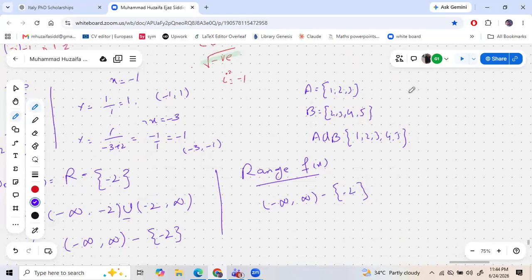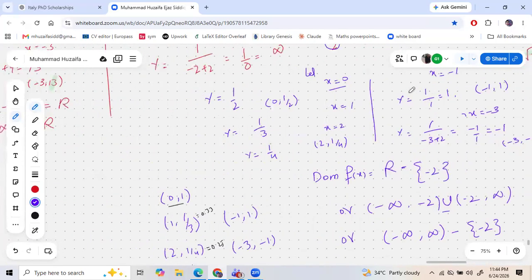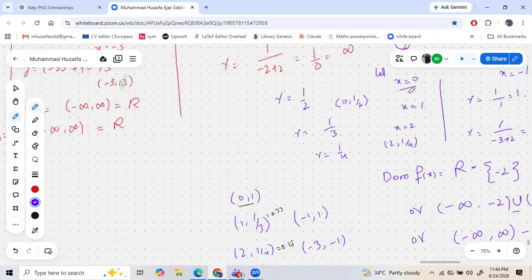Okay, any confusion regarding this one problem? No, sir, no confusion. Okay. After this, we are just moving to this one side and just